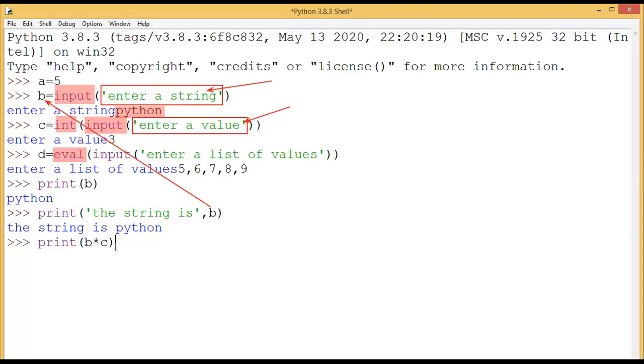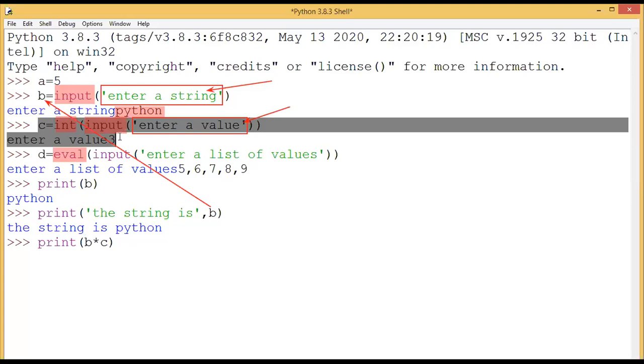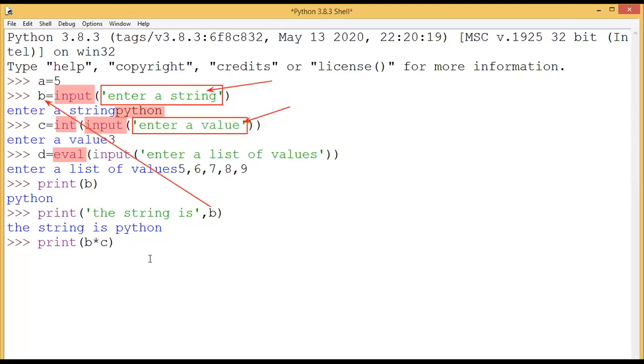Okay, in c we gave 3. So what will happen now, we just used the multiplication operator between a string and an integer. I already told you what will happen here in string manipulation: it will replicate the string. So Python will be displayed 3 times.